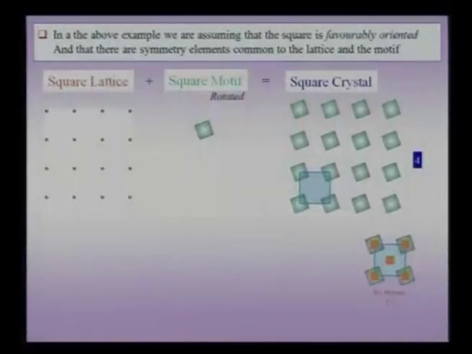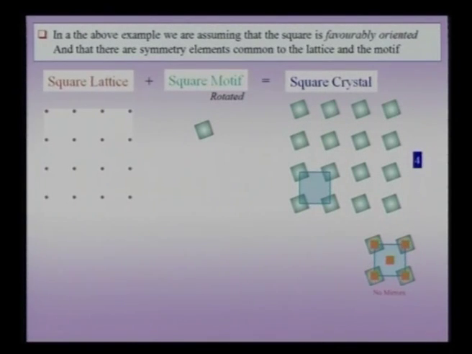So let us consider another example, which is what Soumya had thoughtfully asked me. This is an example of the same square lattice as before, but the only thing I am doing now is rotating the motif with respect to the lattice. In other words, it is not in the same orientation as the unit cell of the lattice. Previously we had assumed that the square is favorably oriented, and therefore the symmetry elements are common to both the lattice and the motif. But in this case you can clearly see